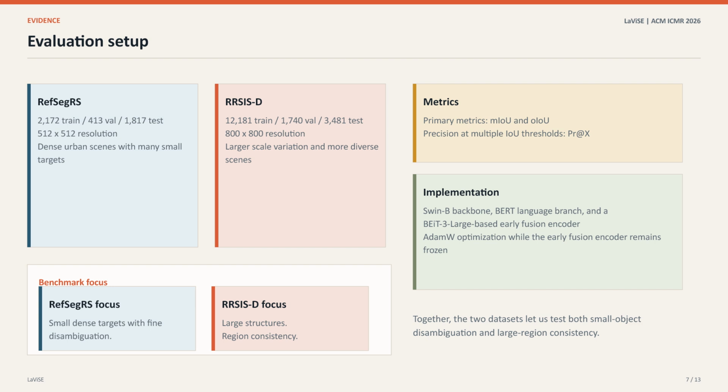We report mean intersection over union, overall IOU, and precision at multiple IOU thresholds. In implementation, we use a SwinB backbone, a BERT language branch, and a Byte 3 large-based early fusion encoder that remains frozen during training. Together, these settings let us test both small object disambiguation and large region consistency in a